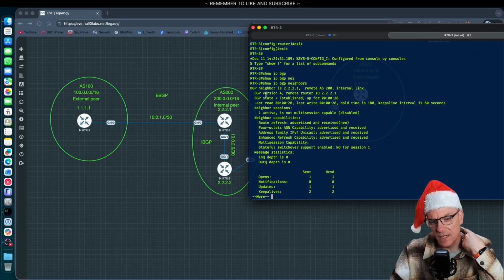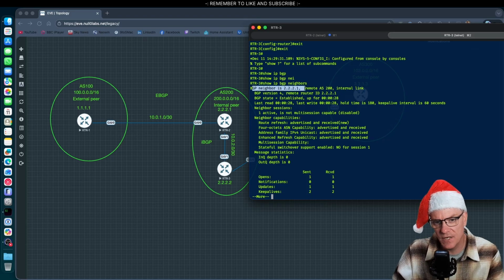And there we can see that we have a BGP neighbor 2.2.2.1. The remote AS is 200, and it says here internal link. So this is an iBGP connection between the two, and we're doing it via these two loopback